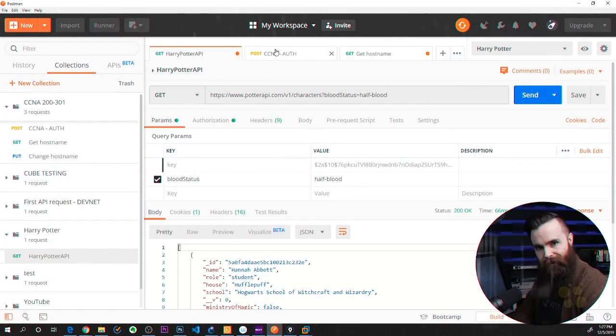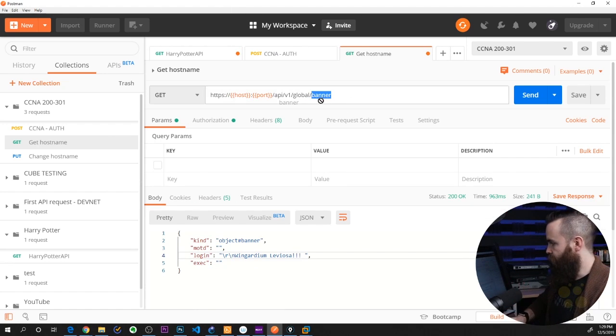What do you say we practice some of our getting and putting and patching and updating? Let's do this right now in the API. Let's mess with the Cisco router. So looking at the router, I have it set to banner from our last example, but I'm going to change that to host name once more. And we'll get its host name. And we're getting it because we're using the get verb.